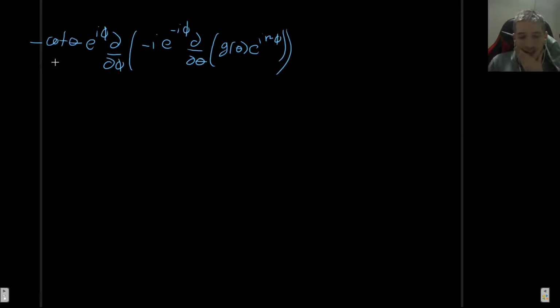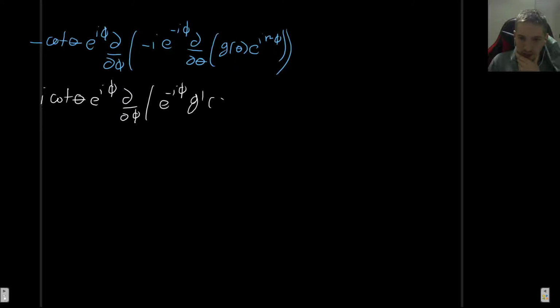Okay, what can we do here? Well, first let's apply this inner derivative. And let's take this minus sign outside, so it's actually going to be positive. So we're going to have i cotangent of theta e^{iφ} dφ of e^{-iφ}, and this derivative will simply be g'(θ)